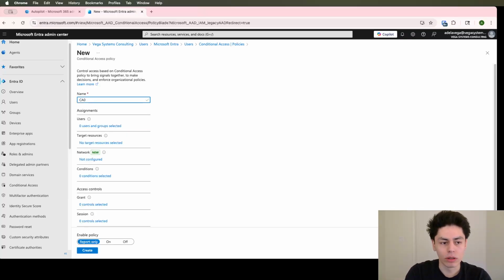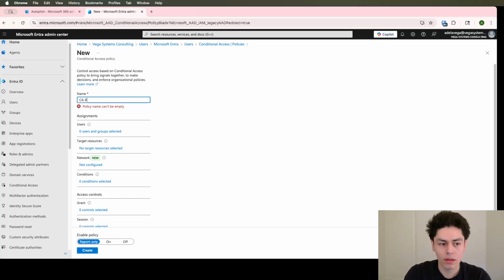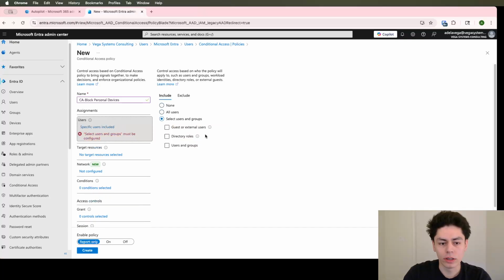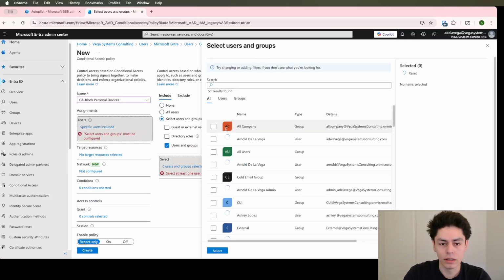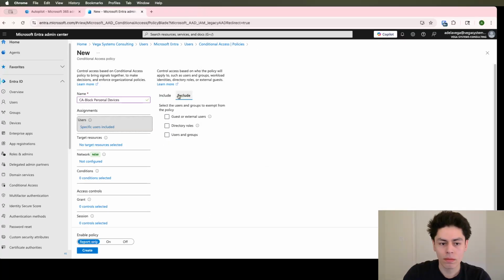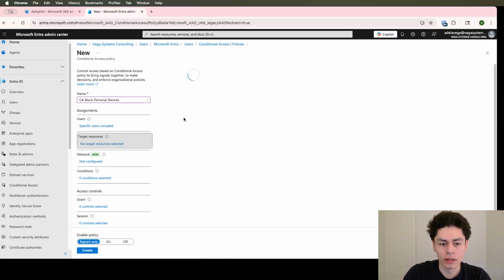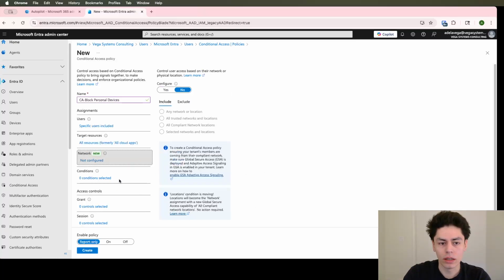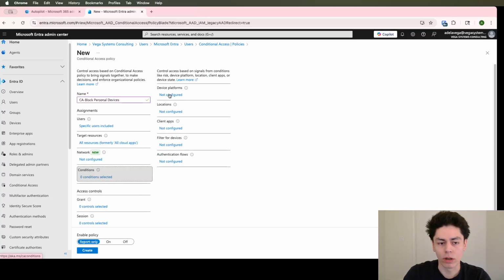What you are going to want to do is create a new policy. Do your normal conditional access policy naming conventions, whatever you do. Let's call it that. I'm going to target all users, but for testing, I would just target myself. And then what I'm going to do here is all resources, network, not applicable here. We're going to want to do